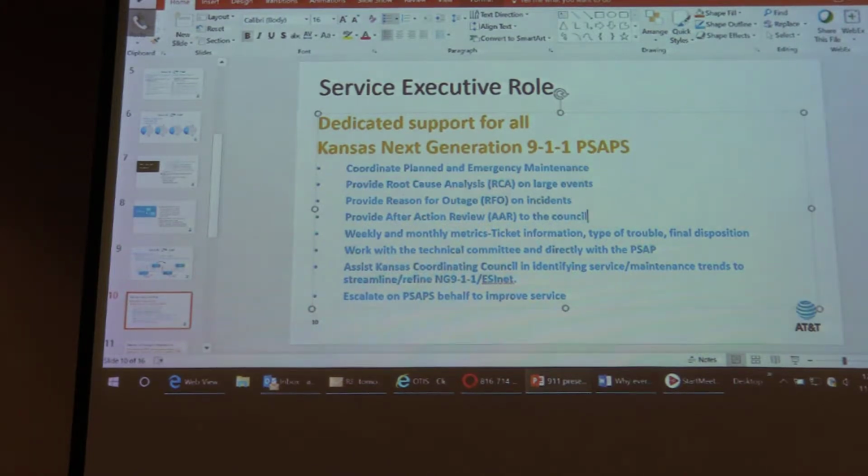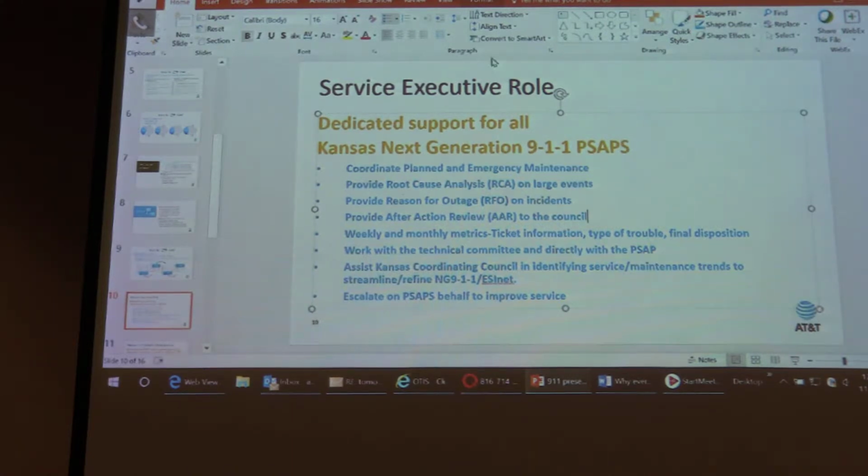In a situation where we have a large outage, I do provide after-action reviews. To me, what those are used for is like the 28 sites that got cut, the fiber cut. When you have something that impactful, not only do we need to know what happened, but what we do in action form to narrow that down, to make it smaller and less impactful. That after-action review is what we put in place for that.